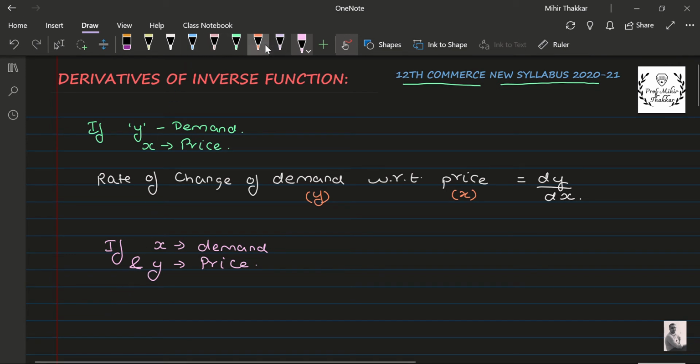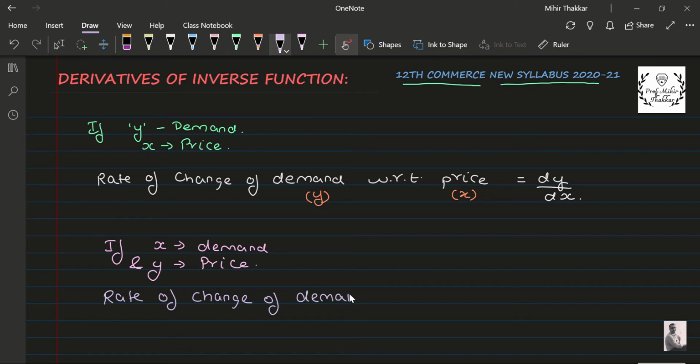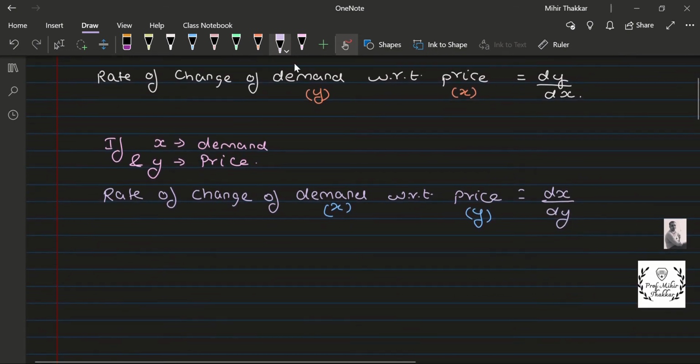I have to find out the rate of change of demand with respect to price. So what is demand in this case guys? It is x. And what is the price? It is y. So when I want to find the rate of change of demand with respect to price, I will get the answer as